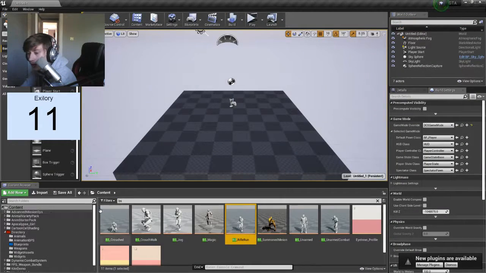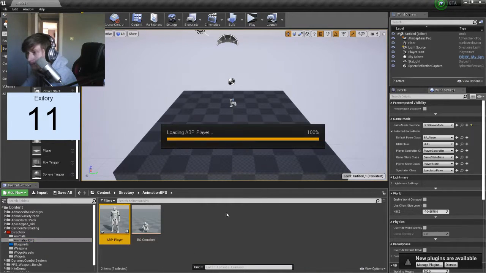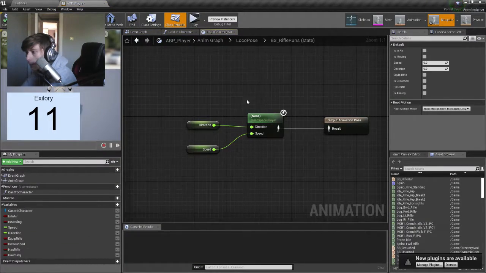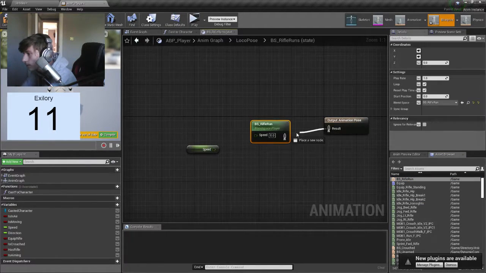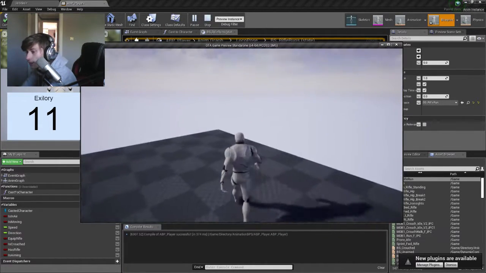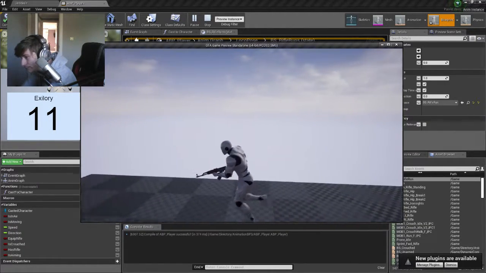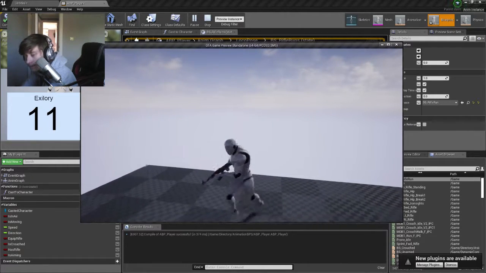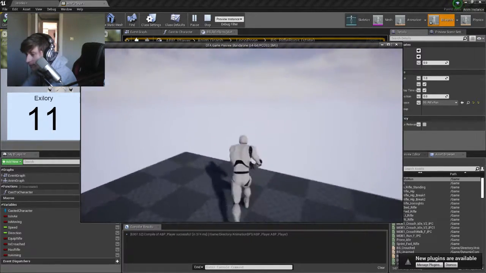Okay. Let's go back to our animation blueprint. And let's just change that blend space to our rifle run. And then hook it into speed. And it should now work. So if I get a weapon out. The run itself's a bit rough, but